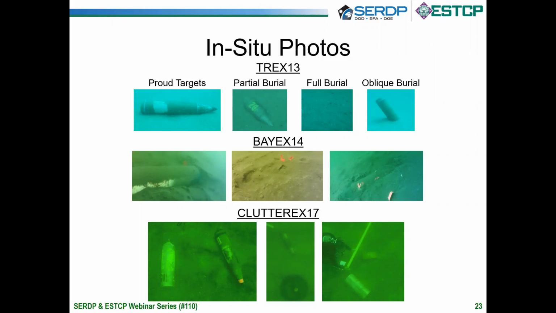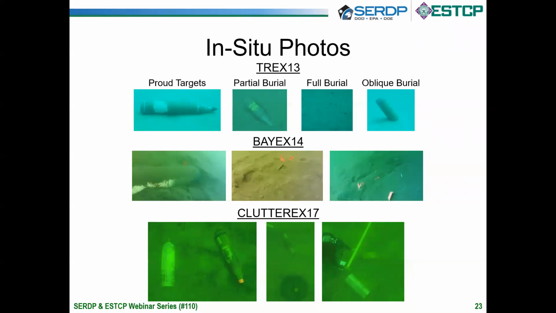The lower pictures are from the CLUTTEREX experiment, which is what I'll principally talk about today. This is an experiment where we put out targets of interest, the 155 millimeter shell or the 105 millimeter shell, and then clutter objects that are principally the same size that you may find in a harbor environment. In the left picture, that's a scuba tank sitting next to the shell. The center one shows a crab trap. And on the right, we have